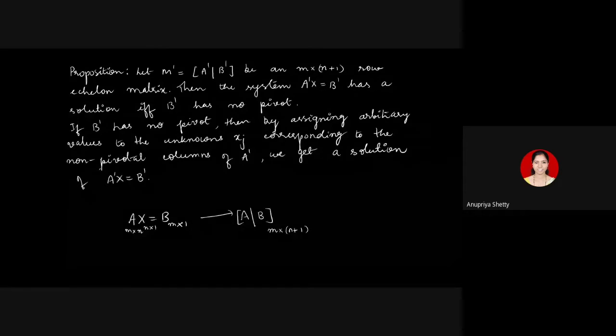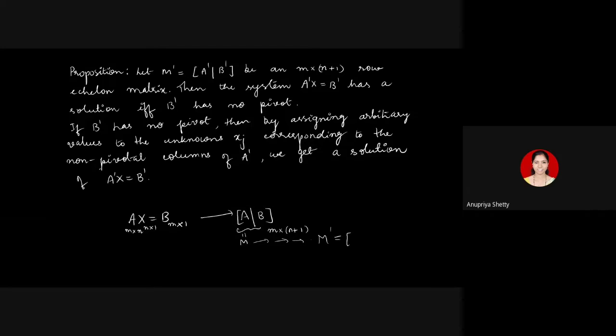And if you consider this augmented matrix as M, you apply those three types of elementary row operations on M and reduce it to the row echelon form. Those two blocks will still be blocks, but the entries would have changed. The new blocks, we are going to call them A dash and B dash. The order of A dash is m by n as before, same as that of A, and the order of B dash is m by 1. Orders will not change when you apply row operations.